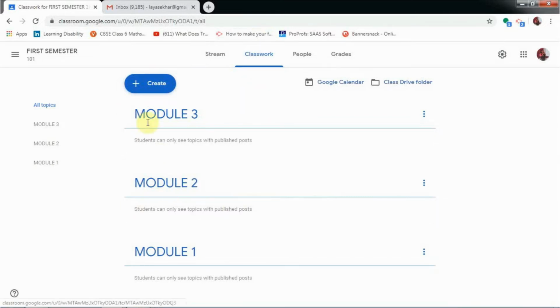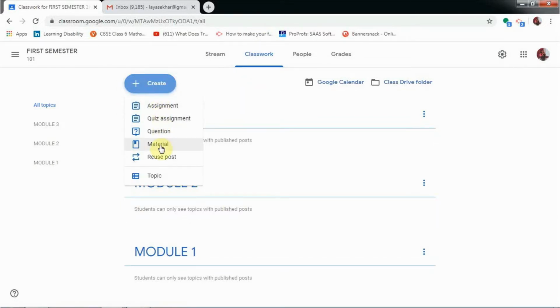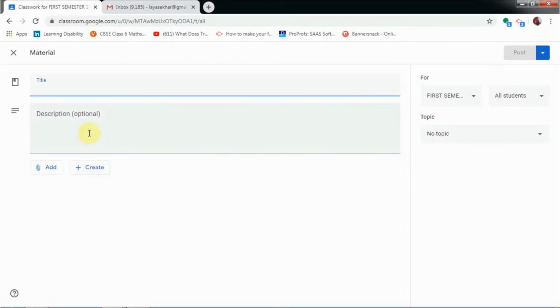Now click on this and take this one, material, where you can either add your material or you can create a material here itself. You can directly click on this docs or any of the slides that you want. If you want PowerPoint, you can click on this and start creating from here, but I will opt for the second option. You just add the things which are already done in your computer or in your drive or from a YouTube account. You can directly add the whole thing.